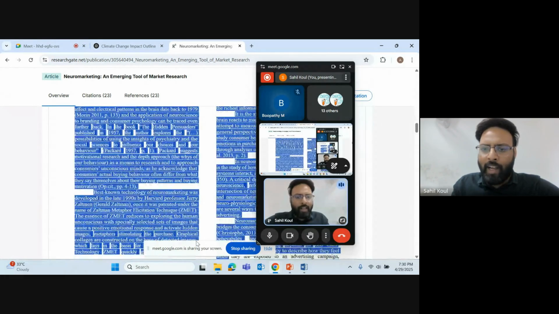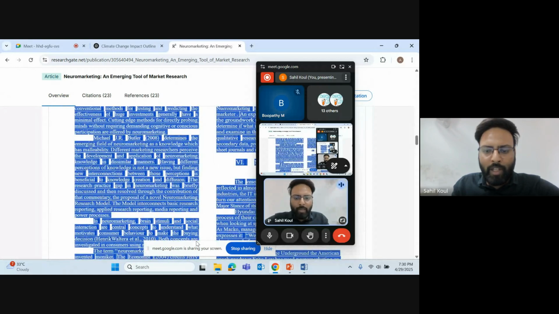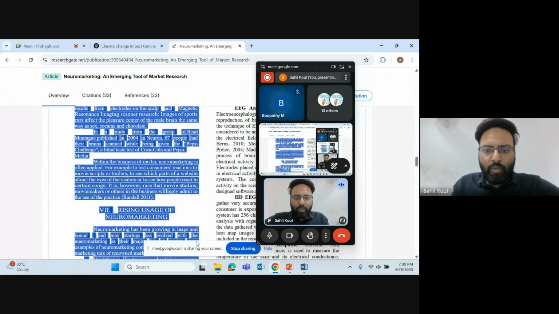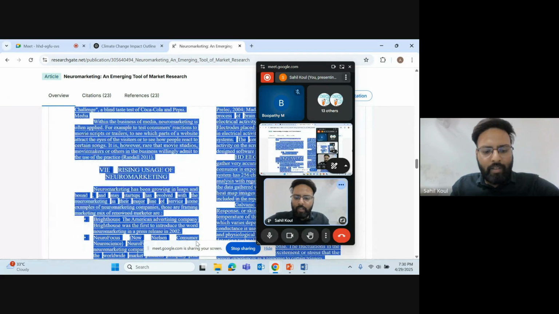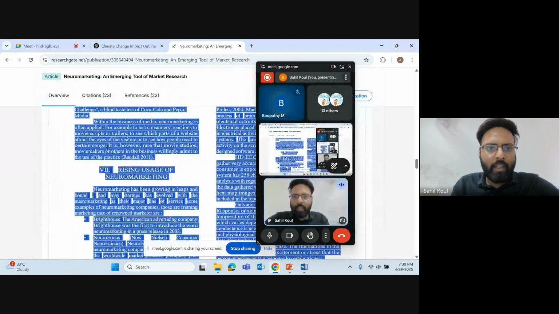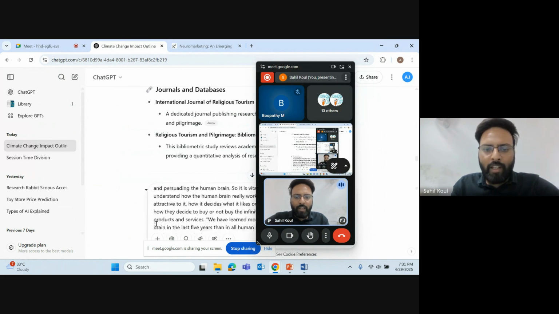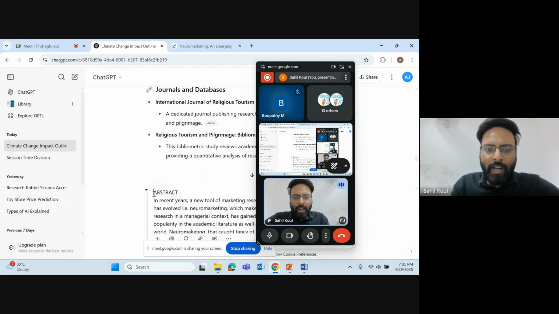I'll select the entire paper. I know it will be selecting all the other parts also. So what I'll do is, this would be sufficient. It is half of the paper only, but it will be sufficient for us. I'll paste it here and I'll just write, help me understand this research in 100 words.